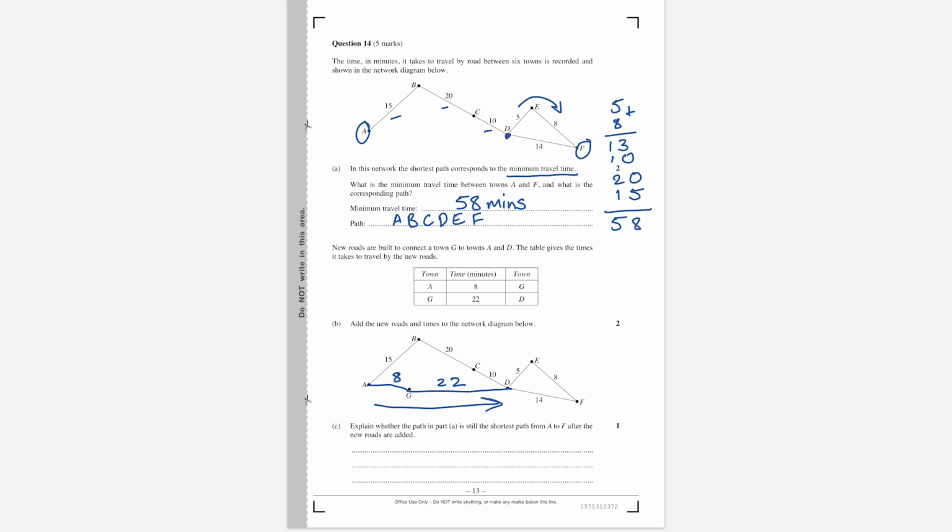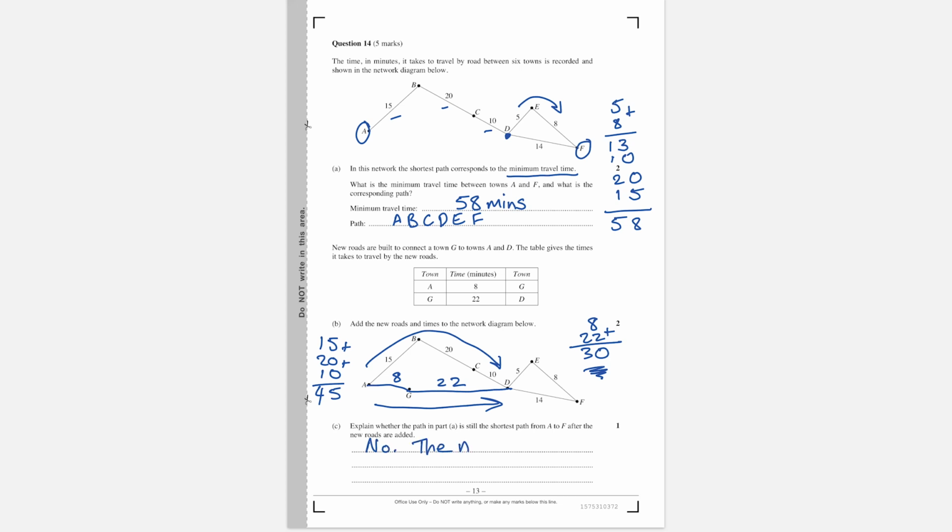And the question is really, is it faster to go via AGD, which is 8 plus 22 minutes, so 30 minutes? Is that going to be faster than going via ABCD, which will take us 15 plus 20 plus 10? So this way is going to take us 45 minutes. And so, yes, 30 is the smallest number. And so we'll say no,